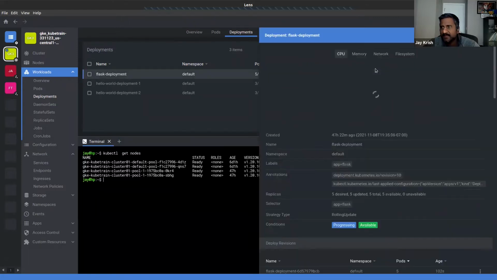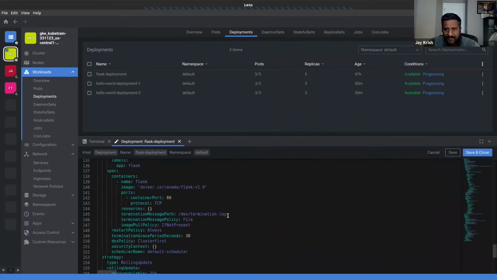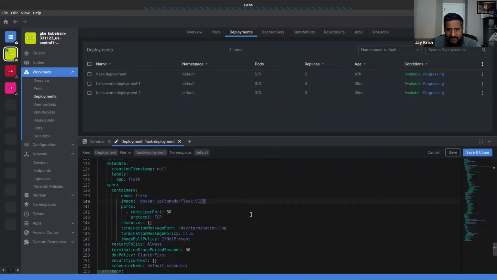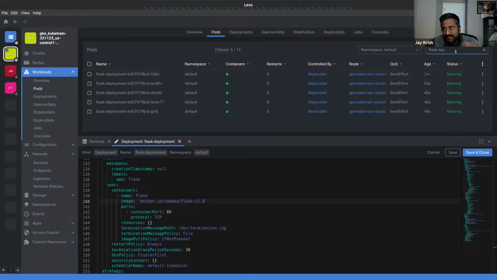Not this one, sorry, this one. Okay, this is just to show something. Before I save, I want to go to the pod and say Flask deployment. Okay, there are 5 pods. Now I'm saving this.